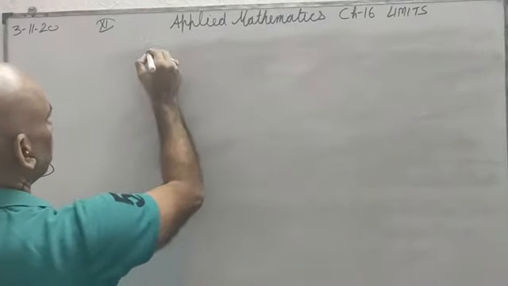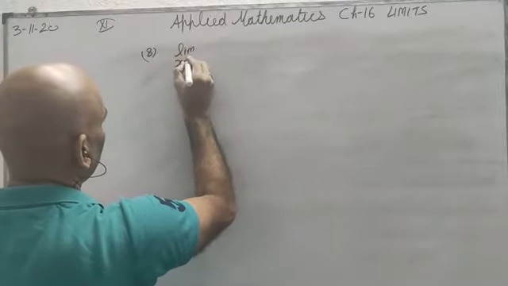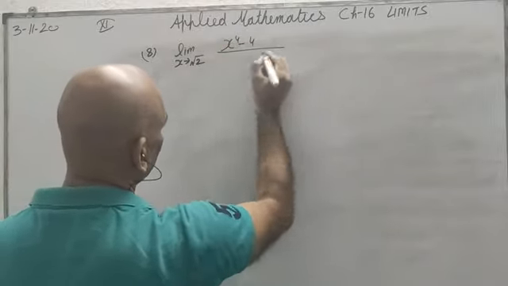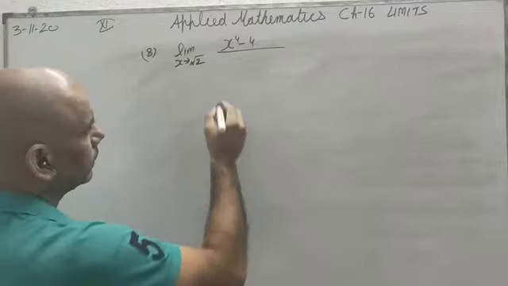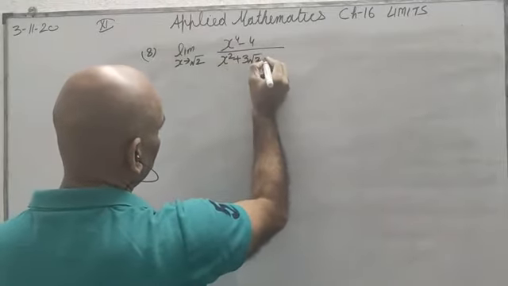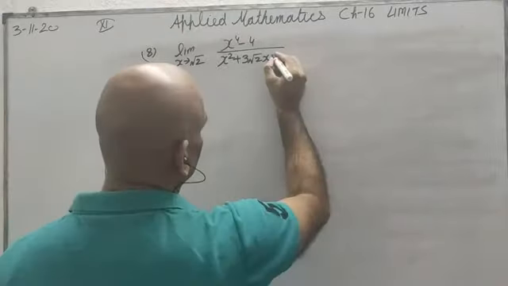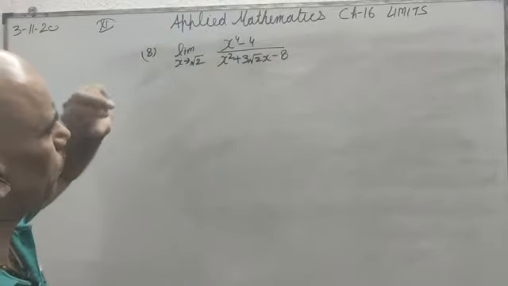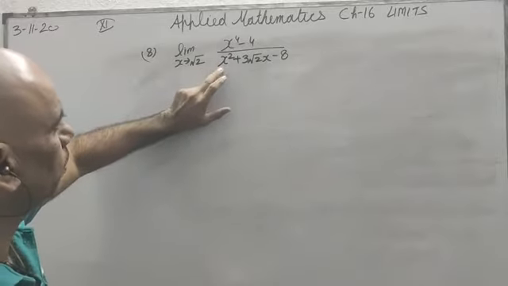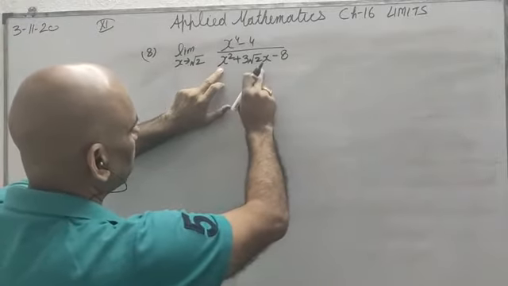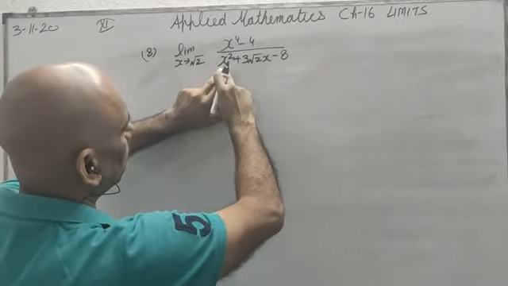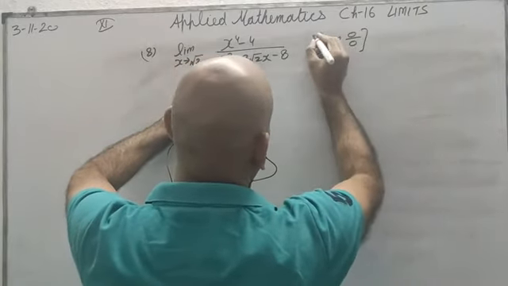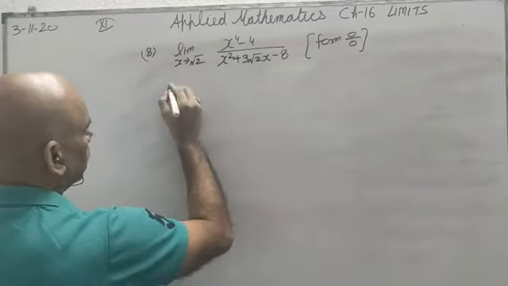The question is question number 8. Limit x tends to root 2, x to the power 4 minus 4 upon x square plus 3 root 2x minus 8. रूट 2 सब्स्टिट्यूट करते हैं, तो रूट 2 सब्स्टिट्यूट करेंगे तो ये 4 हो जाएगा, 4 minus 4 0. ठीक है, ये तो 0 हो गया. रूट 2 का स्क्वायर हुआ 4, और ये क्या हो गया 6. रूट 2 का स्क्वायर 2, सॉरी, ये हुआ 6 plus 2 8 minus 8. फॉर्म इज 0 by 0. 0 by 0 फॉर्म है. चलो जी, 0 by 0 तो ऑलरेडी है, तो हम इसको फैक्टराइज करते हैं.